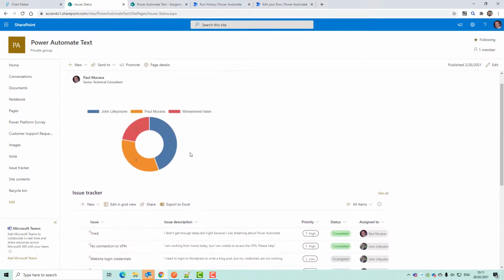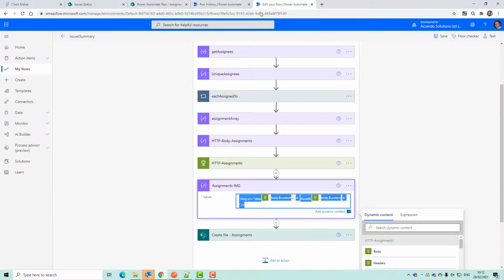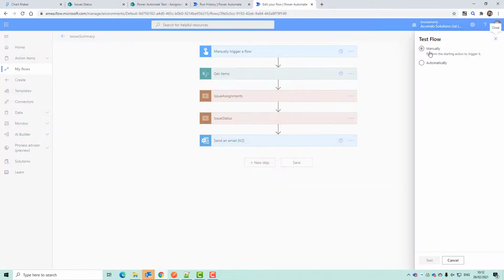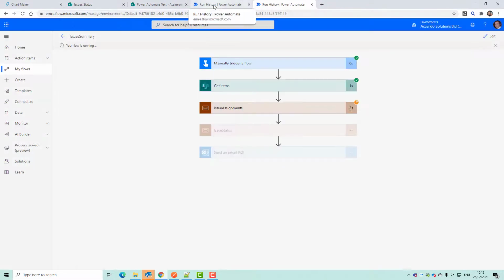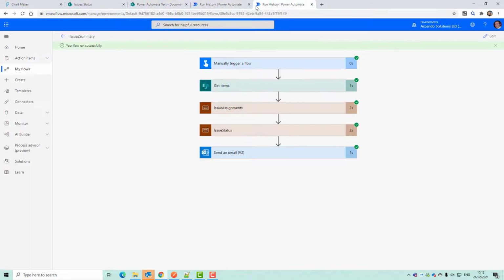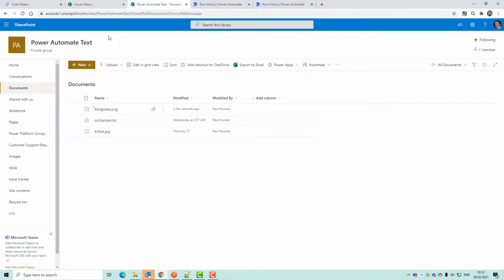Of course, you could do this with a Power BI component, but I was just showing you other uses for it. And in fact, the complete flow, which is over here, if I run this one, this one should generate us 2 images. Should be assignees and something else.